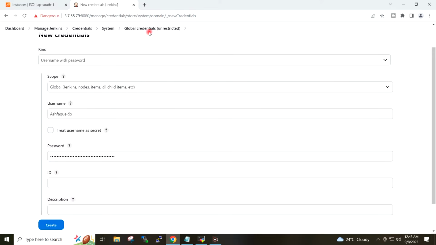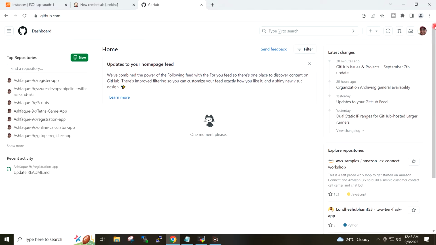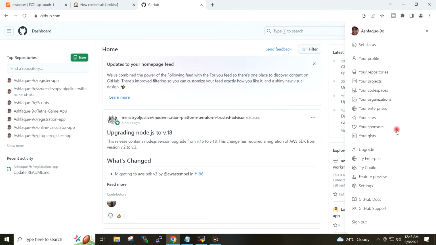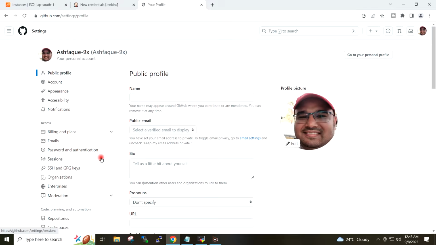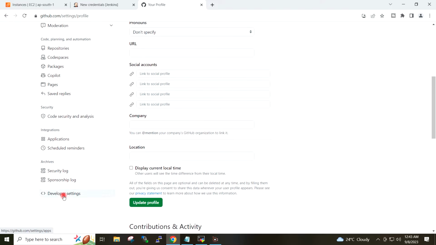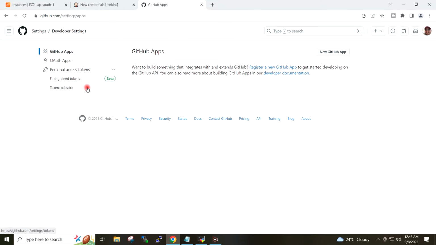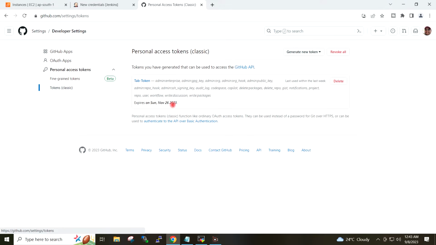If you want to create the personal access token on GitHub, go to settings, developer settings, personal access tokens, tokens (classic), and you can generate the token here.